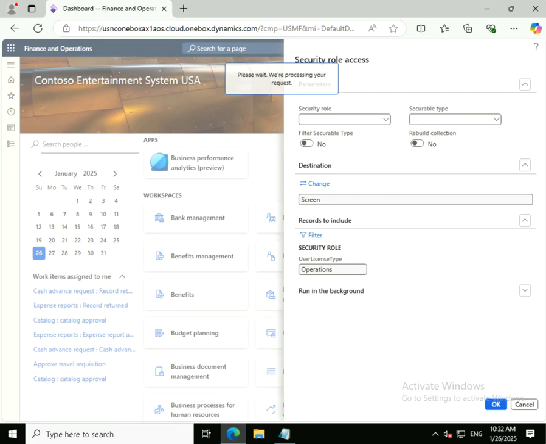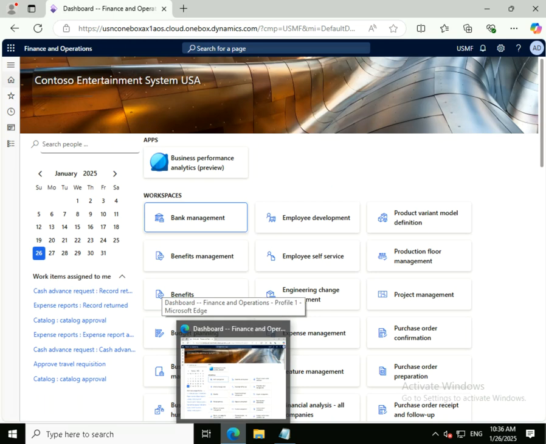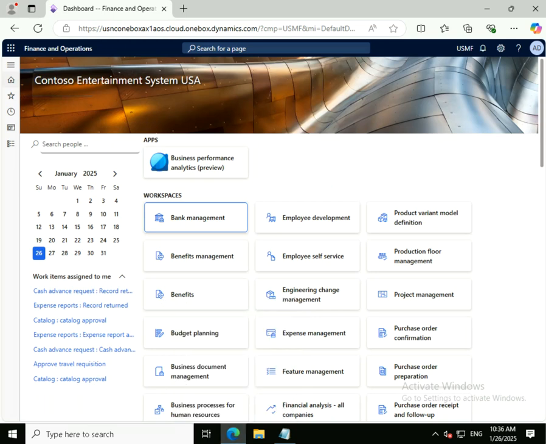If we are running for the first time, it will take some time to load in the system. It seems it's taking longer time to load. We'll go to the next option,